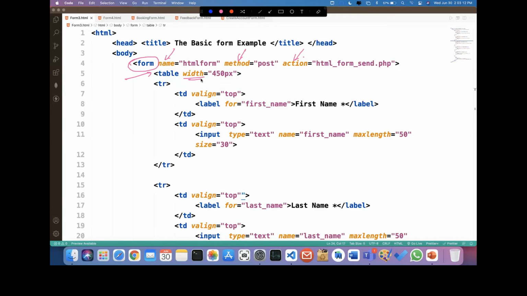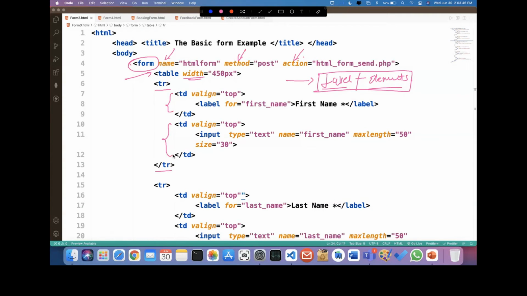In a form, on one side we have a label and on the other side we have the elements, so we require two columns. How can you divide it? One row, two columns; one row, two columns. So here you go for TR. This is our first row. In that first row, this is our first column and this is our second column.